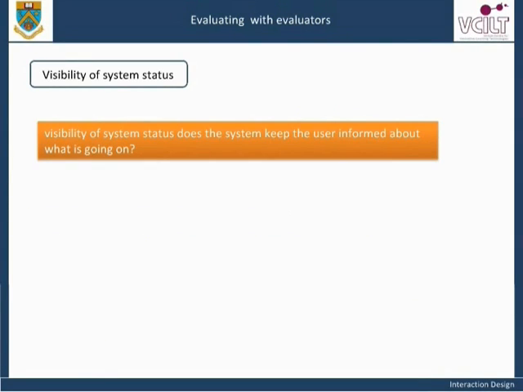2.1 Visibility of system status. Does the system keep the user informed about what is going on? E.g. indications of